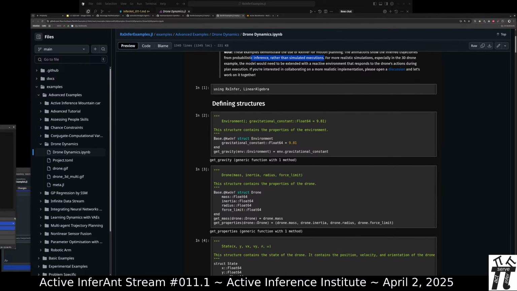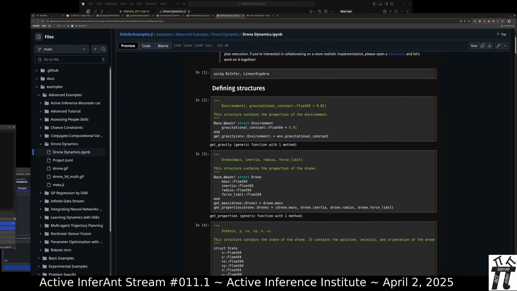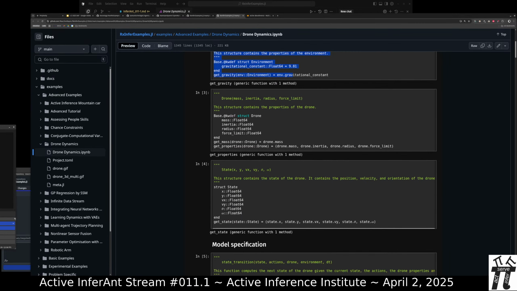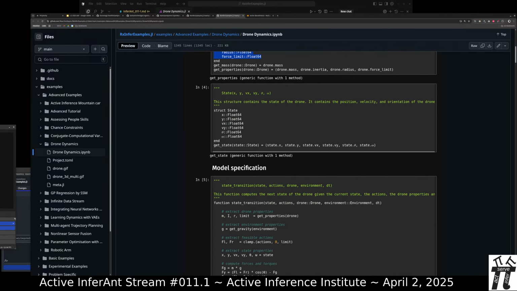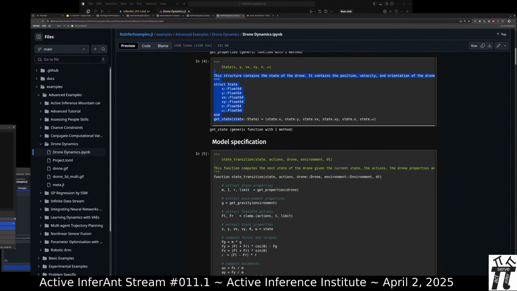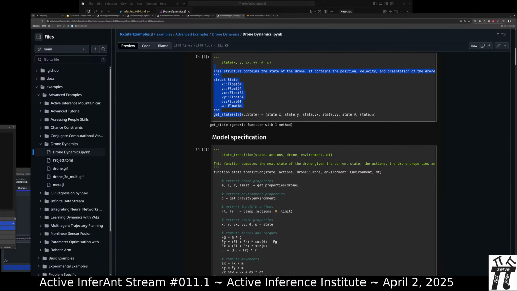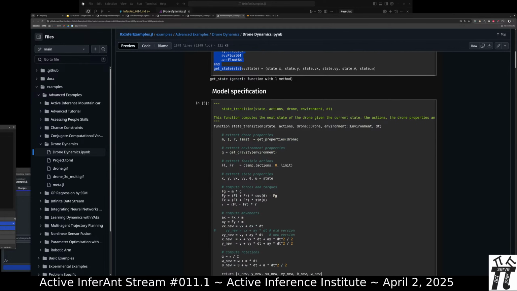Okay, let's quickly look through it. Import packages. Environmental features like gravity. Physics of the mass, inertia, radius, and force limit. Properties of the drone. Aerial properties of the drone. State of the drone. Vector of these variables. Model specification.